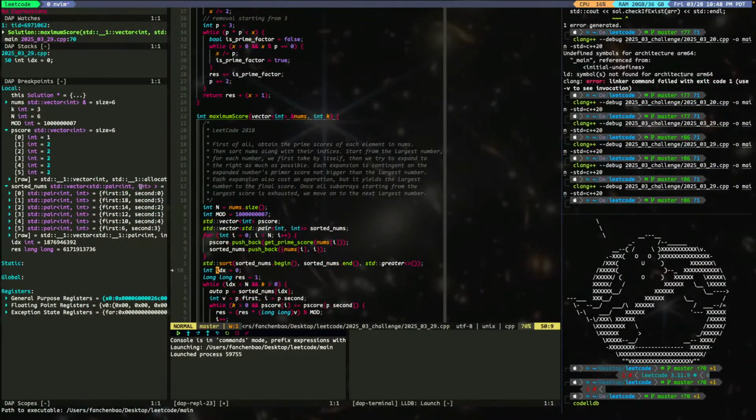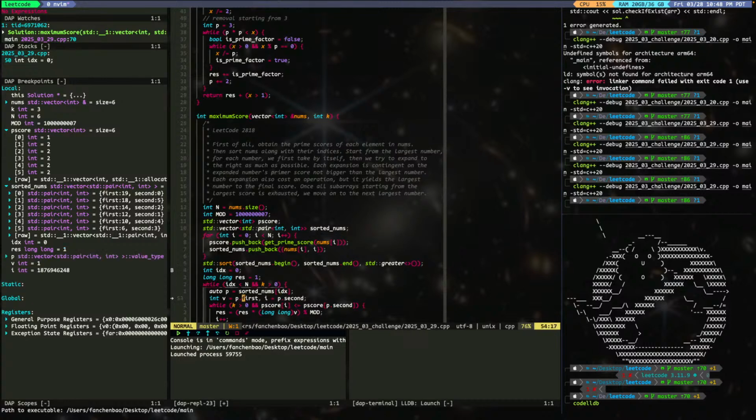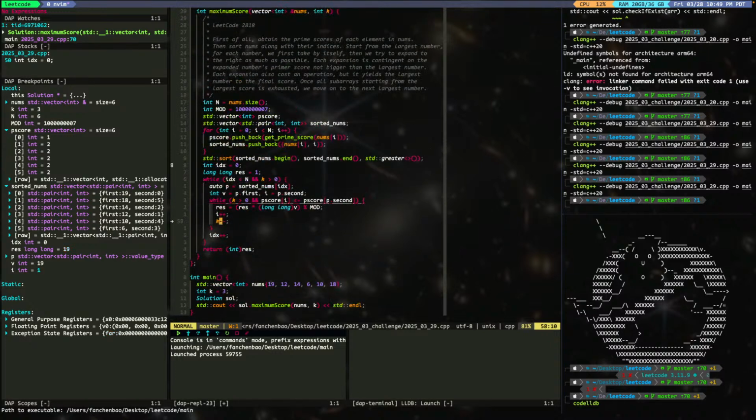So we have 19 at the front, 18, 14. Okay, these two all look correct. So let's go. So index smaller than, yes, k larger, k is 3. Auto p, so p. Sorry, 19 and 0, right? V is 19 and 0, so k larger than 0, and then p score 0 is smaller. This is true. So rest times v, so 19. Okay, so I plus plus